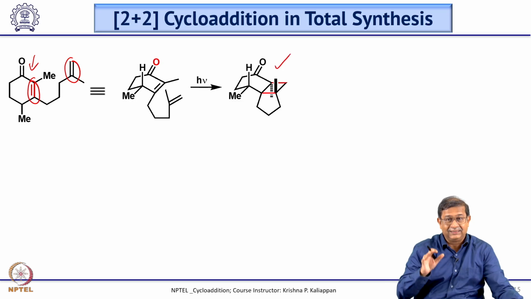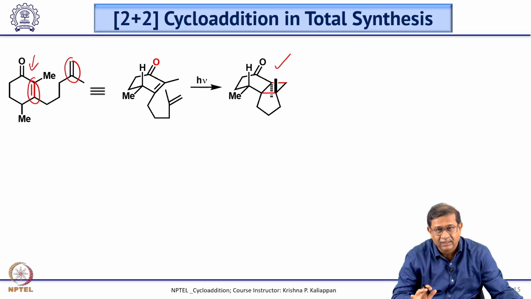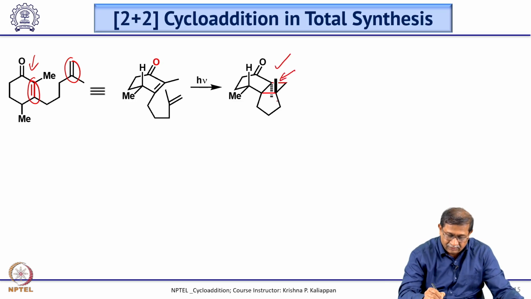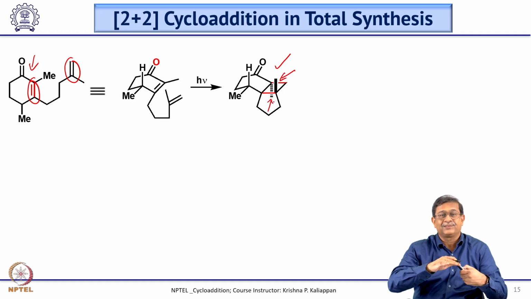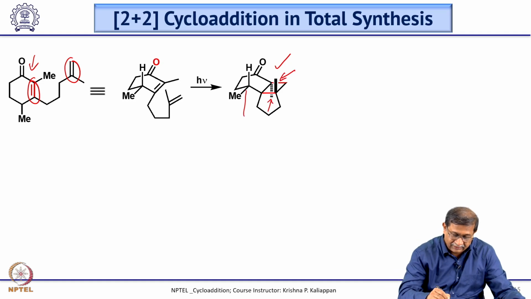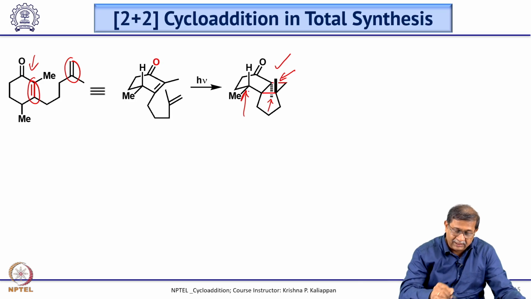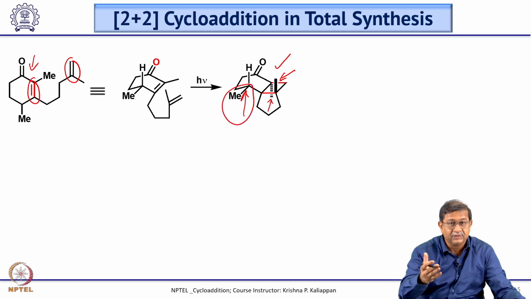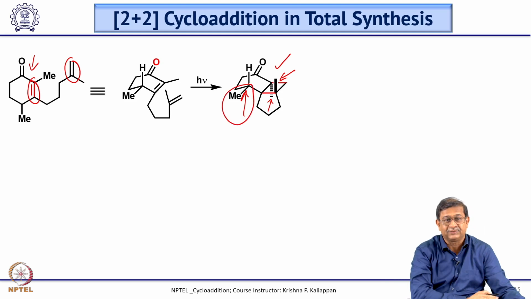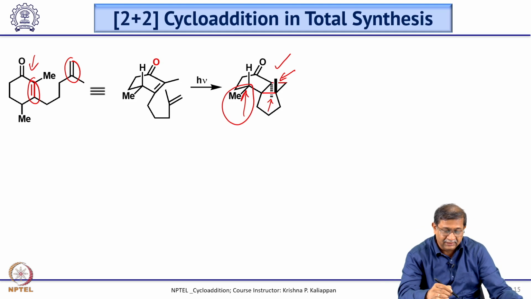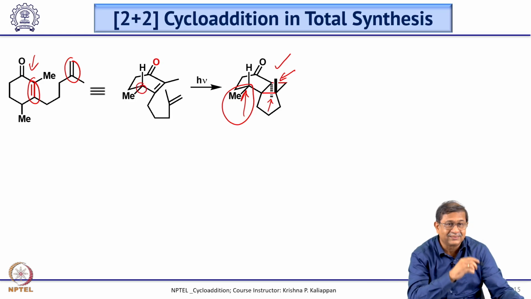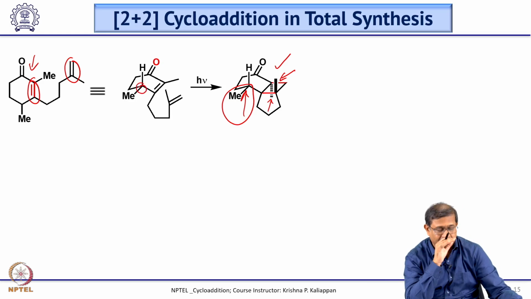So, now you can see it is a tricyclic compound, and this methyl and this methyl, they are trans to each other, and by the way that transition state is planned, this particular methyl group goes to equatorial position, or in other words, this particular chiral center, which is a racemic